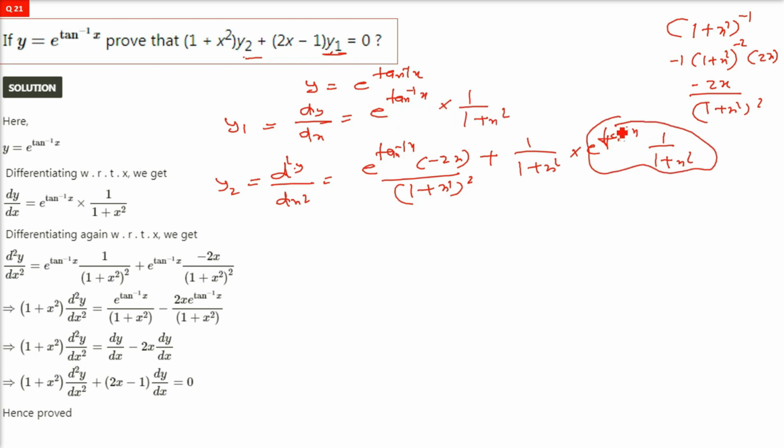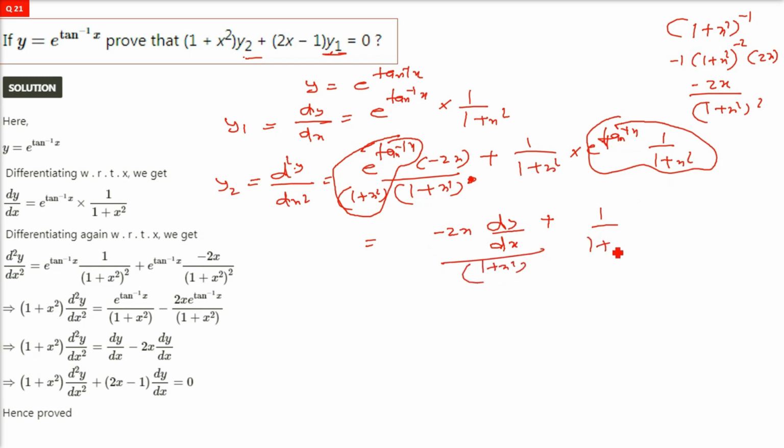Alright, this whole is y1, as we have just seen dy by dx is this term. Here also, if you write it as 1 plus x square into 1 plus x square, this whole term is just minus 2x dy by dx. I'm not writing 1 plus x square because I'm going to take this 1 plus x square to the left hand side. I'm just saying 1 plus x square is in the denominator, but we'll take it on the left hand side. Here also 1 by 1 plus x square remains. This whole term becomes dy by dx, that is y1. Now y2